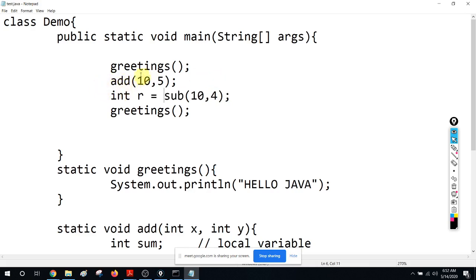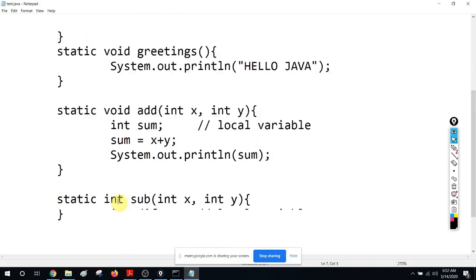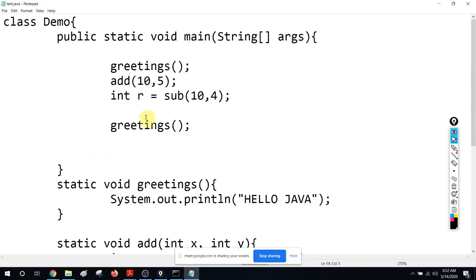Here I didn't do that because that method is not returning anything, so I just call it. But here I am calling it and getting the value into another variable. Now I can do whatever I want with that return value. I am going to print the value, because the method is just returning it to me.